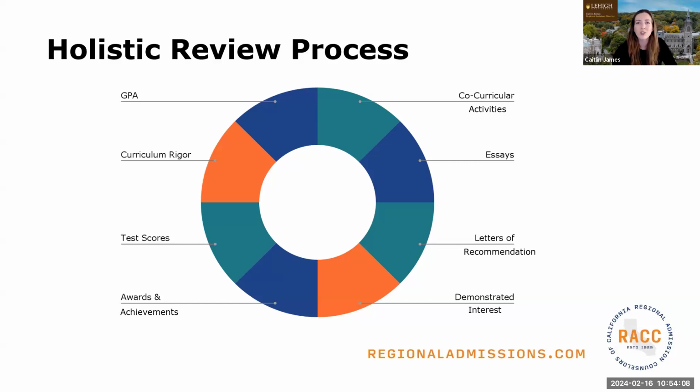So some are going to look at GPA. I think academics are going to be pretty important to almost every institution, and that especially is within RACC. We're going to look at academics first. Now, we also are going to be looking at your co-curricular activities, so the activities that you have inside the classroom and outside of that, your individual pursuits, leadership, things like that. We're looking at all of those components. It might be considered the activities section as you see fit. So thinking about how you've grown through those spaces, the leadership positions that you might have had, all of those notes we think about. Think about essays as well.